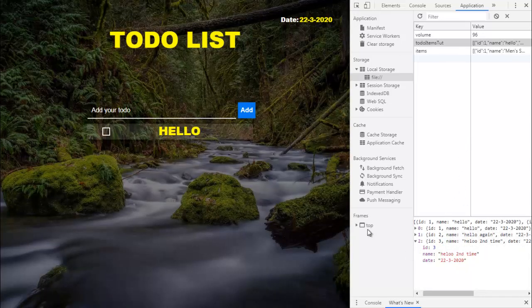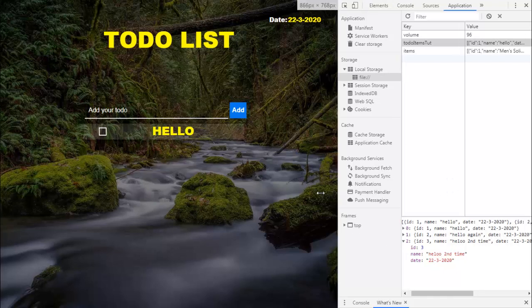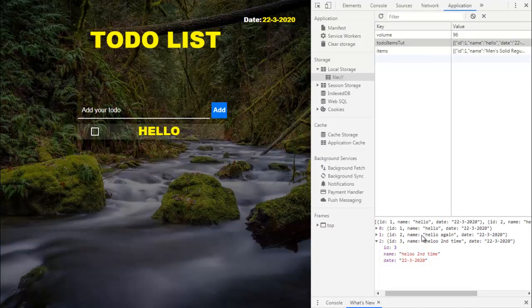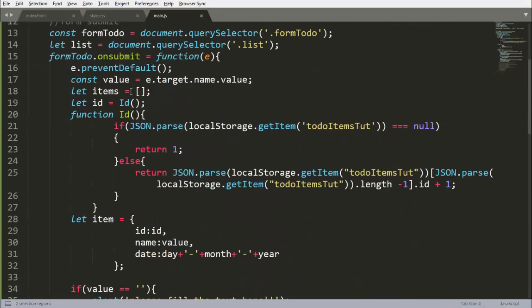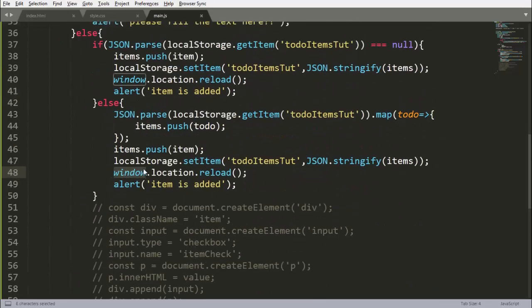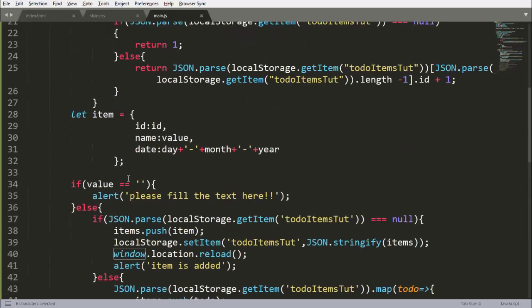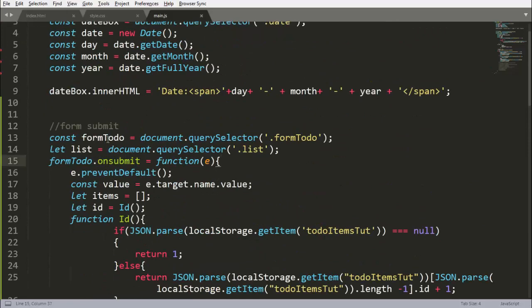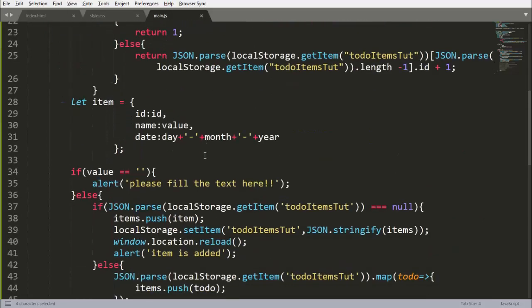So now we are saving that. So whenever we reload it, see that it is again in the local storage here. So now we are having the values as permanent in the local storage. But in the items it is not showing. So for that, we will go outside our this form on submit here and see that this is our list here. So we will append this to the list here.